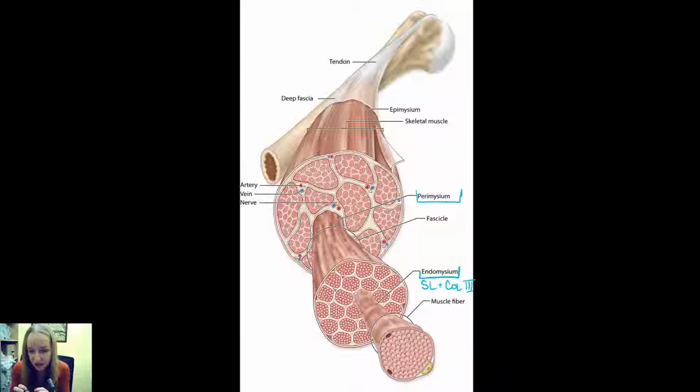And you can see these bundles of muscle fibers are also connected together, and we can see arteries and veins and nerves that are protruding between these bundles of muscle fibers, and they are connected together with epimysium. Epimysium, and this epimysium also has loose connective tissue which contains these arteries and other stuff,